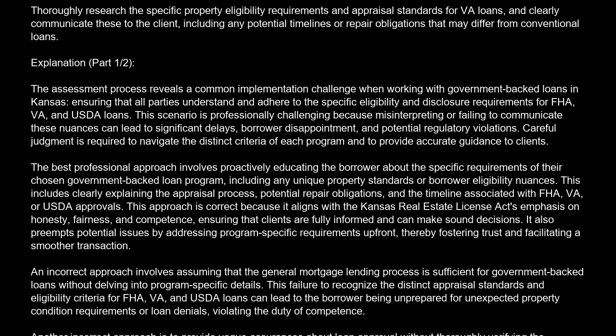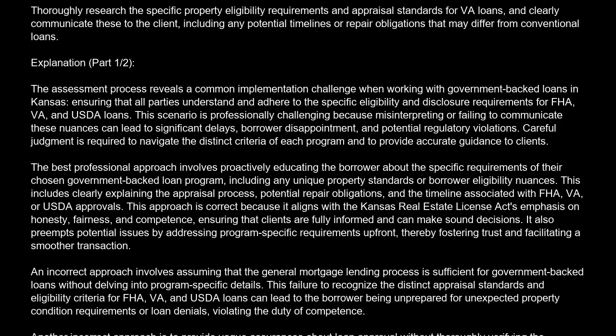Explanation. The assessment process reveals a common implementation challenge when working with government-backed loans in Kansas: ensuring that all parties understand and adhere to the specific eligibility and disclosure requirements for FHA, VA, and USDA loans. This scenario is professionally challenging because misinterpreting or failing to communicate these nuances can lead to significant delays, borrower disappointment, and potential regulatory violations. Careful judgment is required to navigate the distinct criteria of each program and to provide accurate